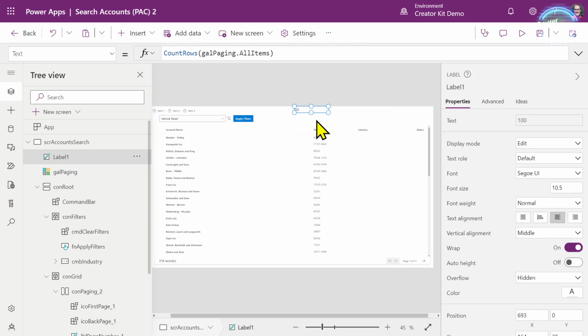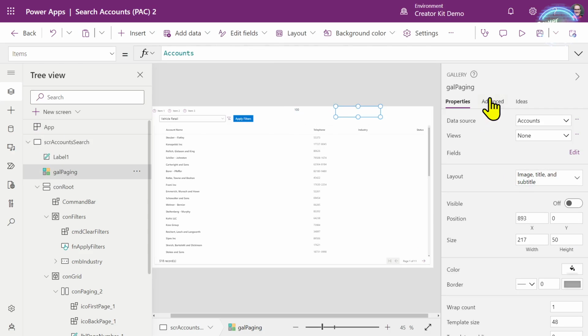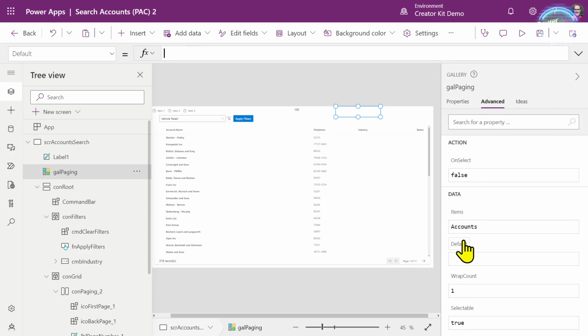But I can't rely on the user scrolling to the end of these items to get the next set of records. I need to make sure that that's bound to the events that we have in our paging control at the bottom. And so what we can do is, in the gallery, there is a special property called default. And what that does is it allows us to define which item is selected in the gallery.